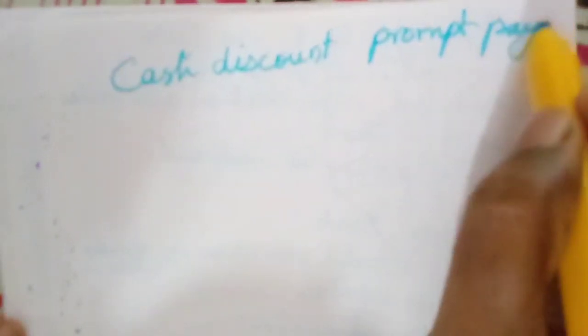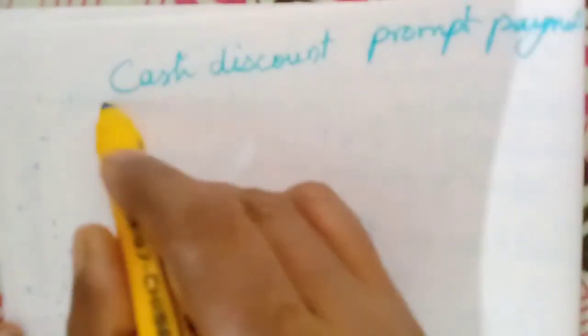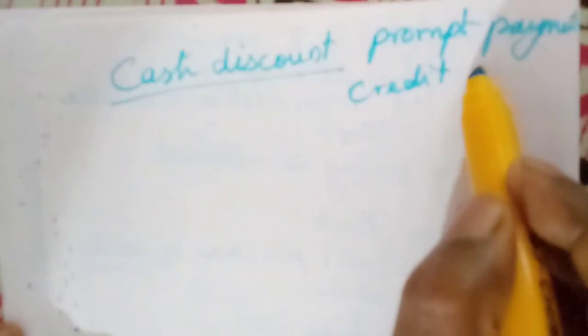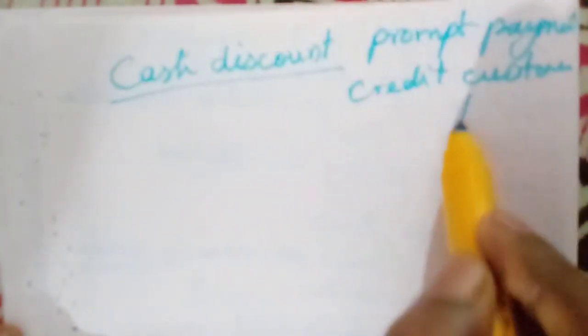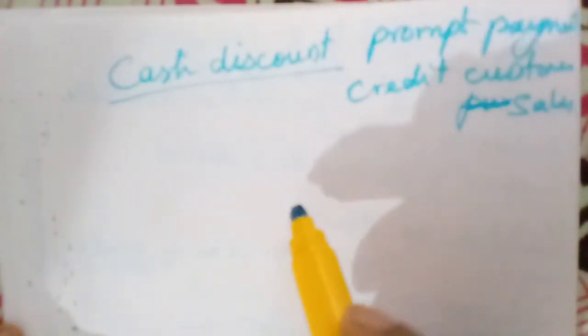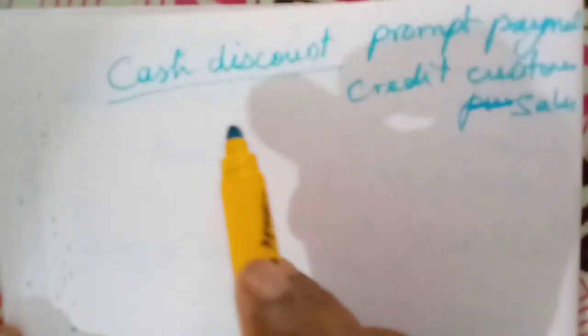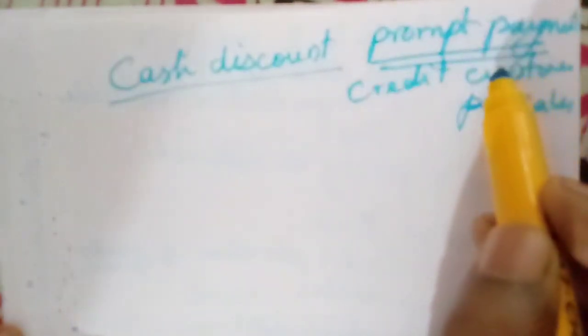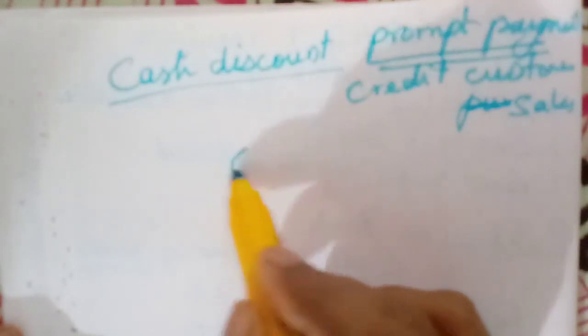The credit period will be given for a credit customer. Okay, cash discount is provided to the credit customers, credit purchasers, credit sales. We are providing this cash discount in order to make a prompt payment, because the credit period will be